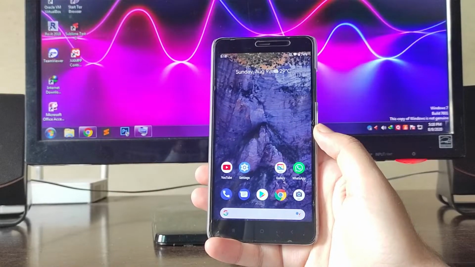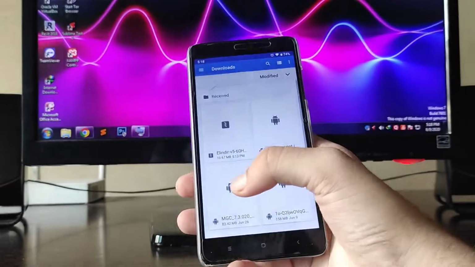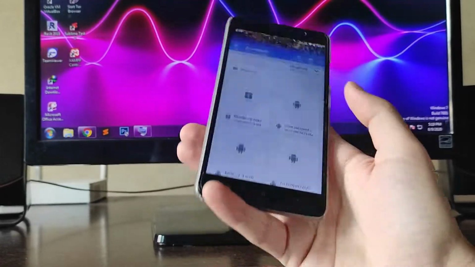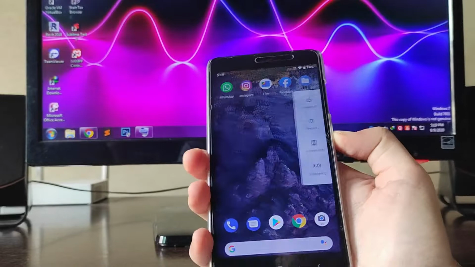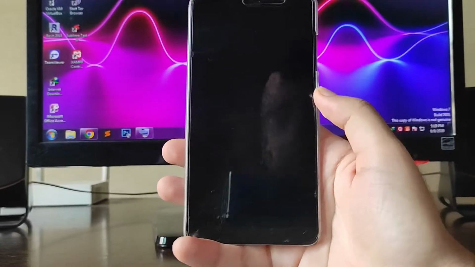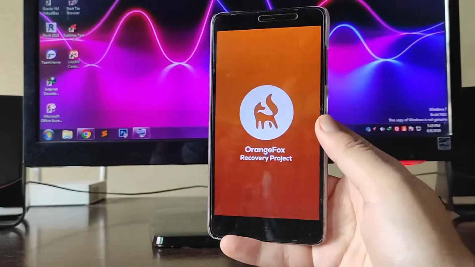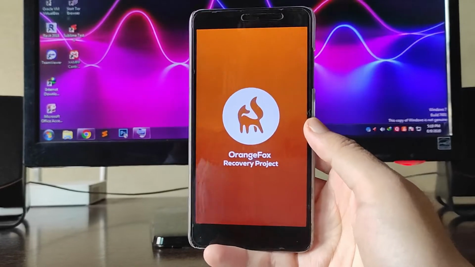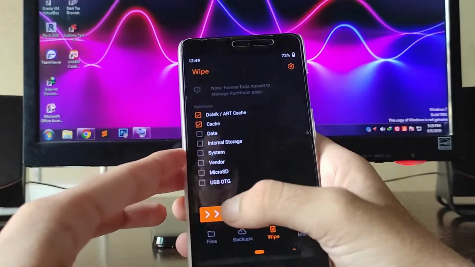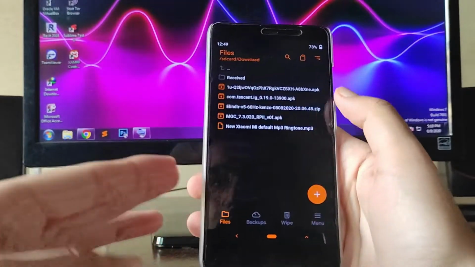So guys, now let's see how you can install the Alindar kernel. First of all, you just have to download the kernel and copy it onto your phone. Then you have to reboot the phone to recovery mode. You should have a custom recovery installed on your phone to install a kernel. We are installing the Alindar kernel version 5, which was just released today. Now first of all, just wipe the Dalvik/ART cache and the normal cache. This will not delete your files.